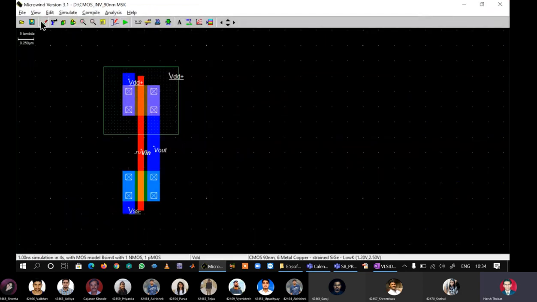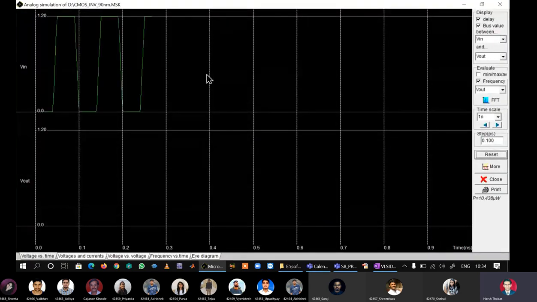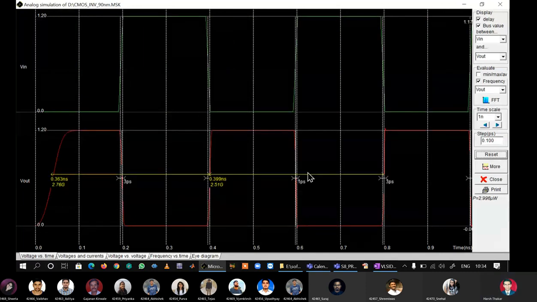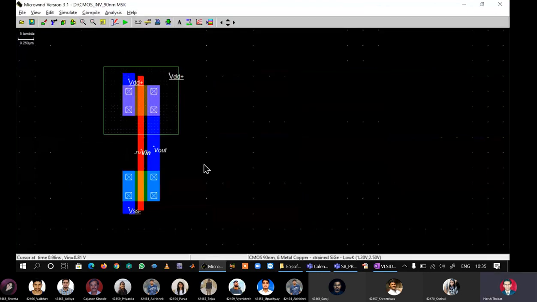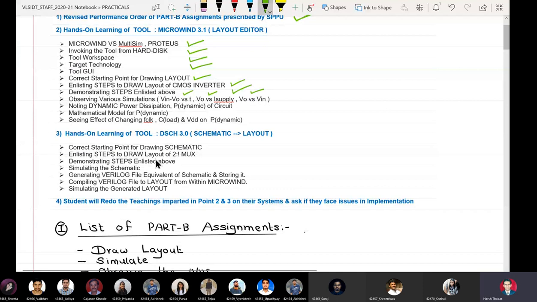Now I will make it half. I say slower, assign, and it becomes almost half of 5.75, our original value. You see it is approximately 3 microwatts. So when the clock frequency is halved and doubled, the dynamic power dissipation also becomes half and double. Is it clear? I feel that in the subsequent sessions I will teach you more on this. So we have also noted the dynamic power dissipation of the circuit.